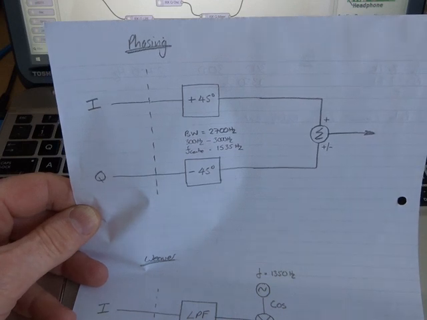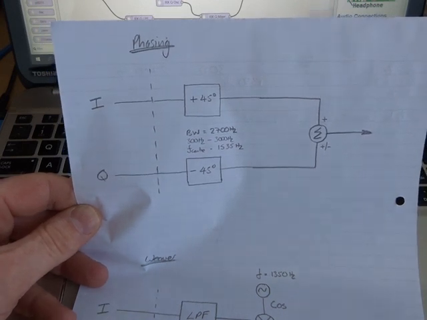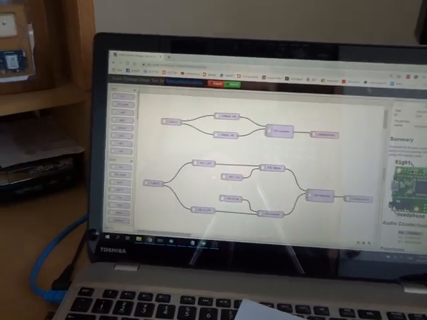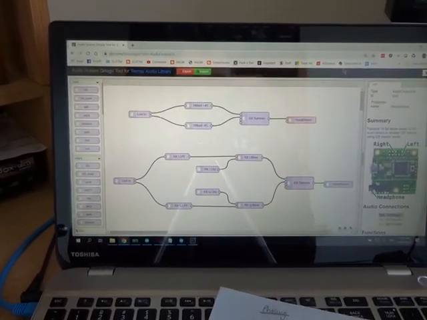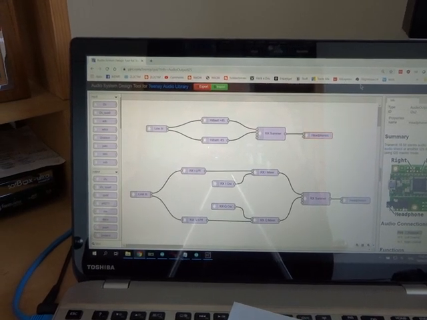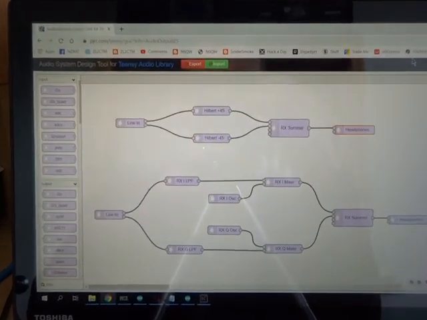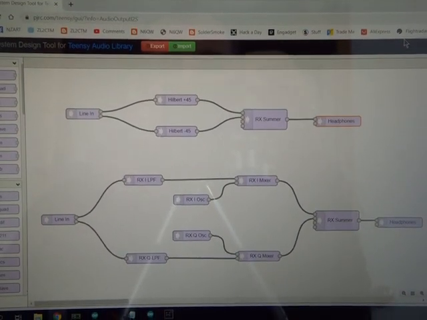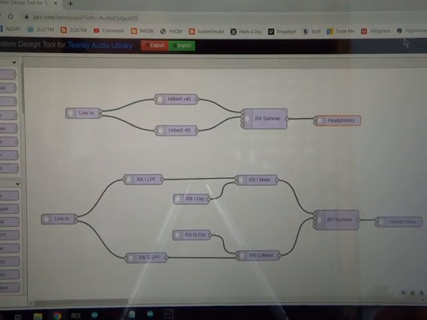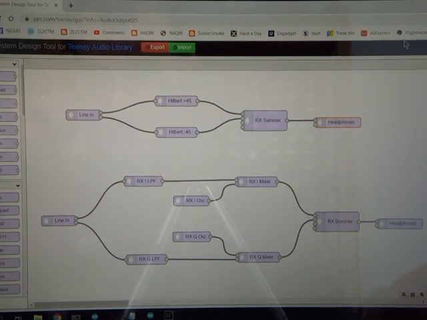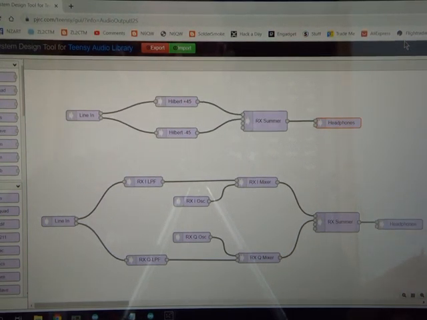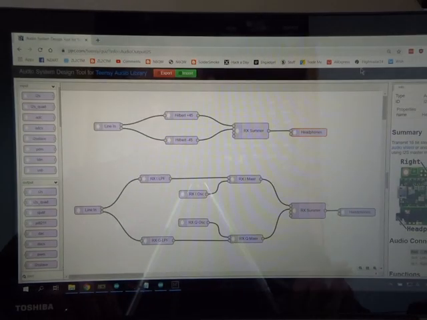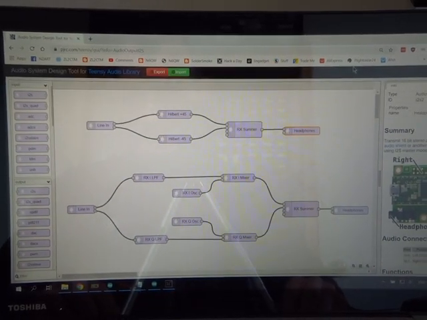In terms of the Teensy itself, in terms of how that's wired up, what I'll probably do is I'll just go through the two techniques, and then we'll look at the software. You'll recall from a previous video, this piece of software here is online. It's from the PJRC, the supplier of the Teensy, and this particular design tool here is the Teensy audio library